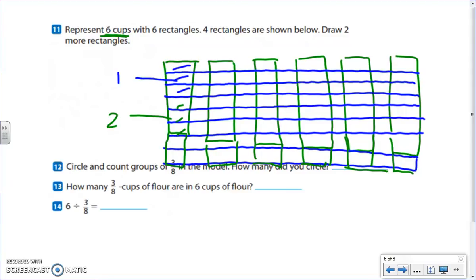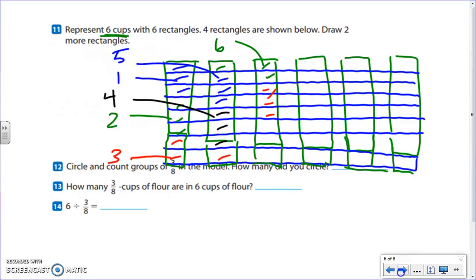That's 3/8 of a cup. There's 3, 4, 5, 6, 7,